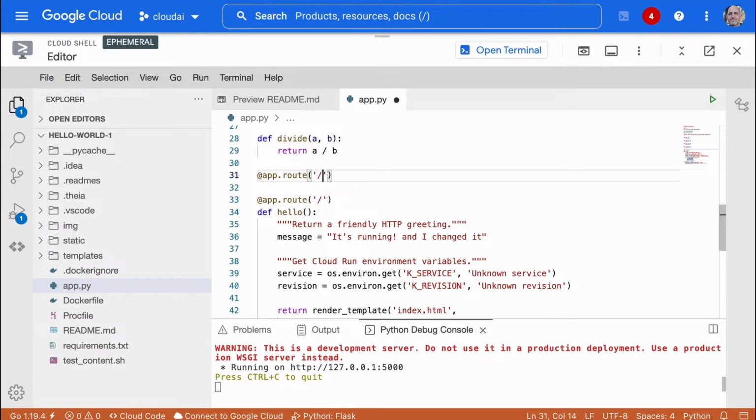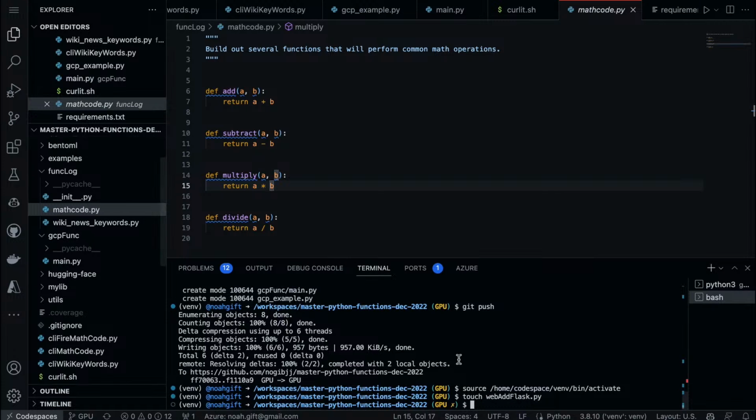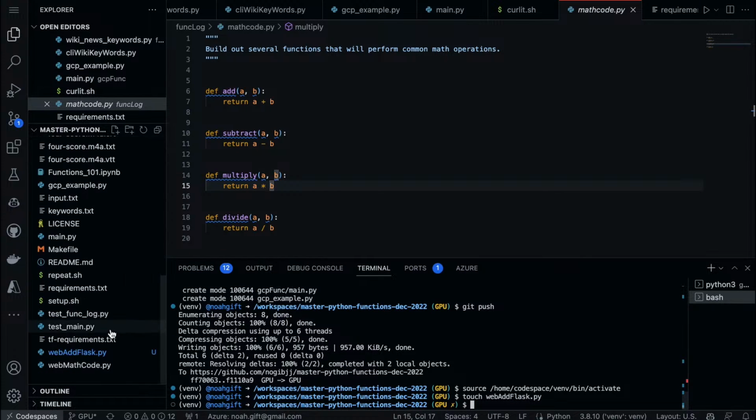And we could do add. And I always forget how you build out the routes inside of Flask. We could be lazy, and we could just ask our friend here, Copilot, touch web add Flask. Let's see how fast it can build it out.